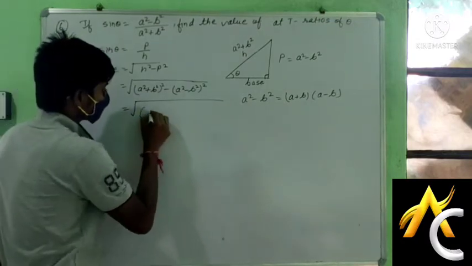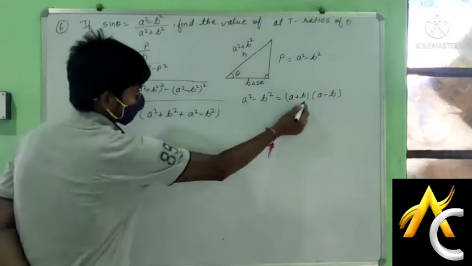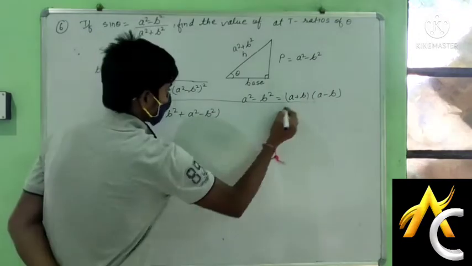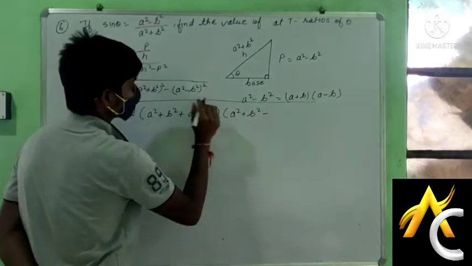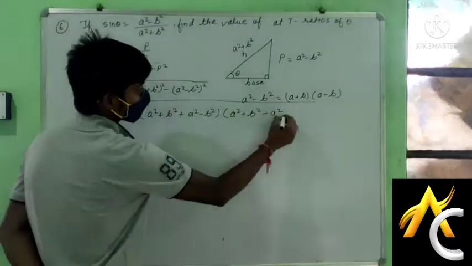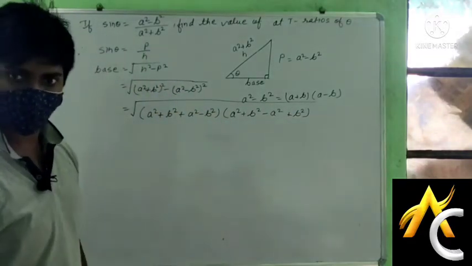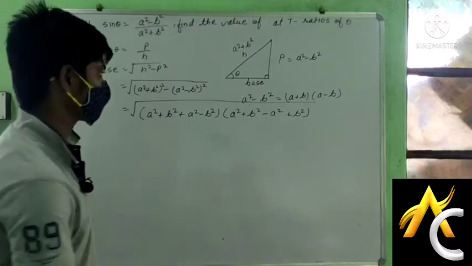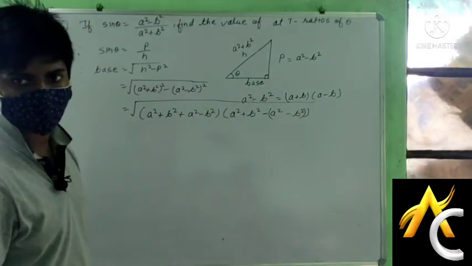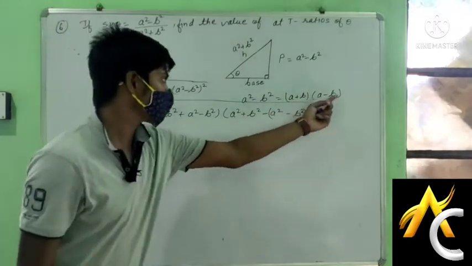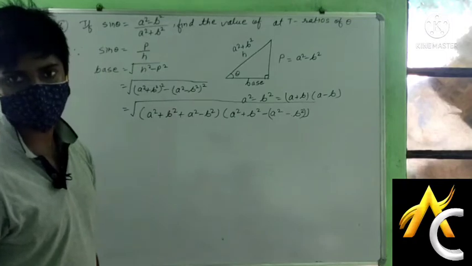Then it will be a square plus b square plus a square minus b square. Okay, and then a square plus b square minus a square, and then minus into minus b will be plus b square. माइनस से दोनों मल्टीप्लाई हो जाएगा, है ना? नहीं समझ में आया? It will be like that. a minus b, b is a square minus b square, so a square minus b square पुट कर दिया माइनस साइन. ओके, क्लियर है?